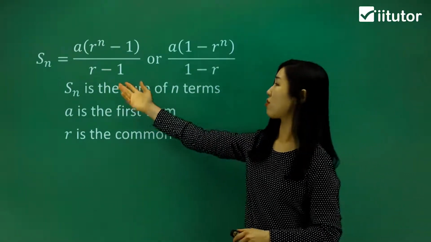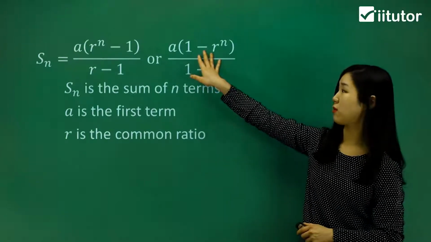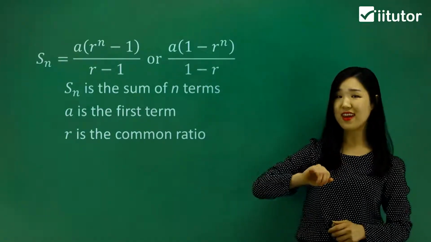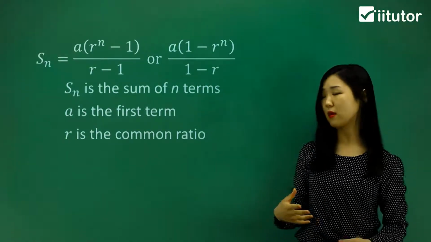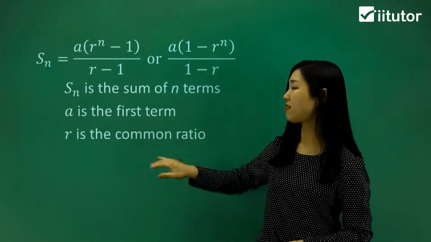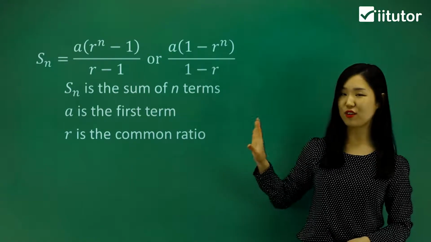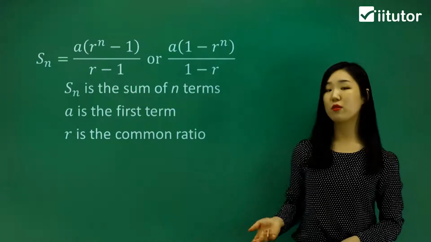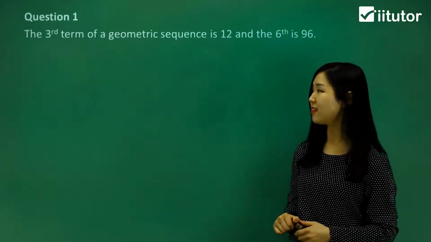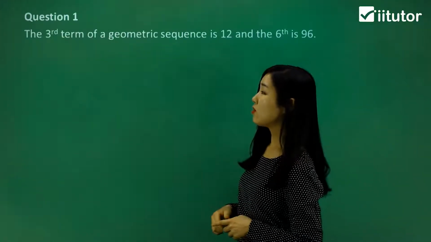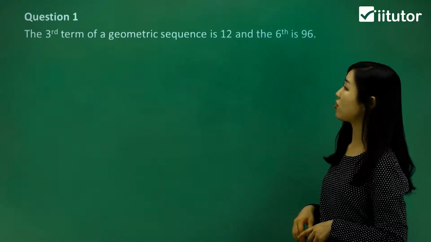But if I swap these around and make it 1 minus r, this must also be swapped, so it's 1 minus r to the power of n. Now you guys know that Sn means the sum of the n terms. A is the first term and r is the common ratio, don't you? So make sure you know this very well, because what we're going to do now is apply those and do some more calculations. Question 1 says the third term of a geometric sequence